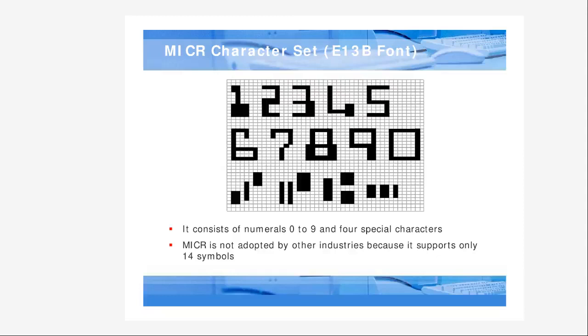Okay, so generally in the checkbook we are using that magnetic ink characters. इसे क्या बोलते हैं? मैग्नेटिकल इंक कैरेक्टर को रीड करने के लिए ही हम MICR डिवाइस को यूज करते हैं. Okay,